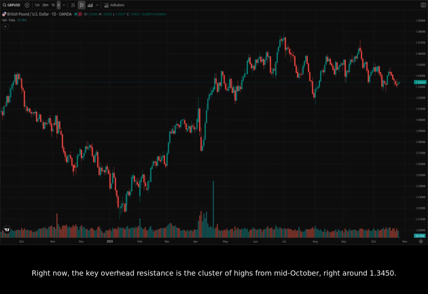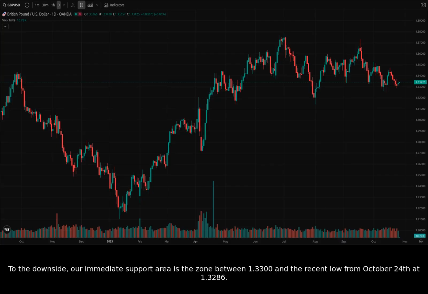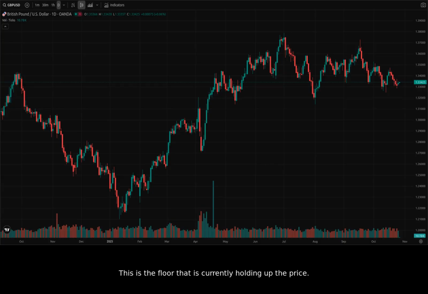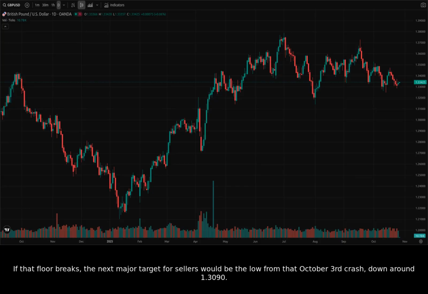Right now, the key overhead resistance is the cluster of highs from mid-October, right around 1.3450. To the downside, our immediate support area is the zone between 1.3300 and the recent low from October 24th at 1.3286. This is the floor that is currently holding up the price. If that floor breaks, the next major target for sellers would be the low from that October 3rd crash, down around